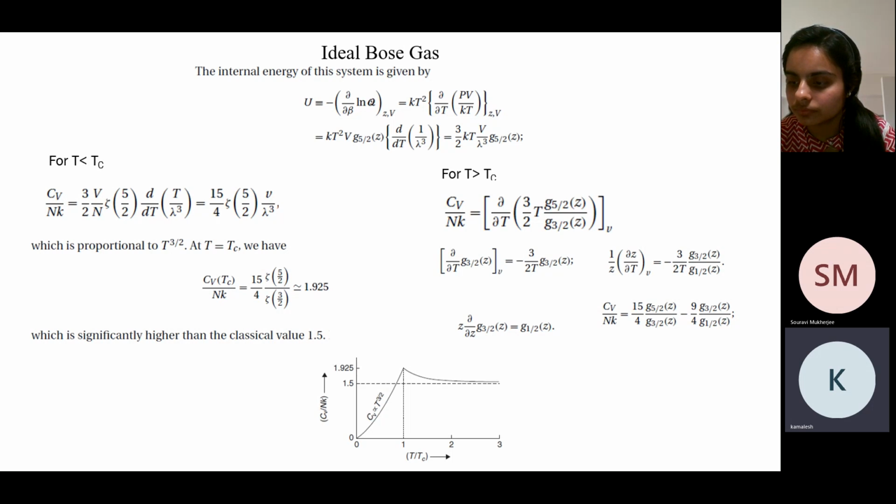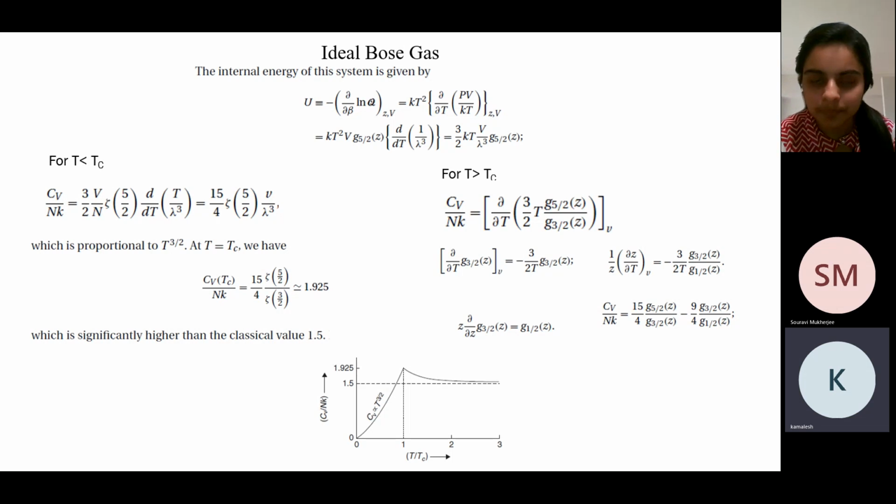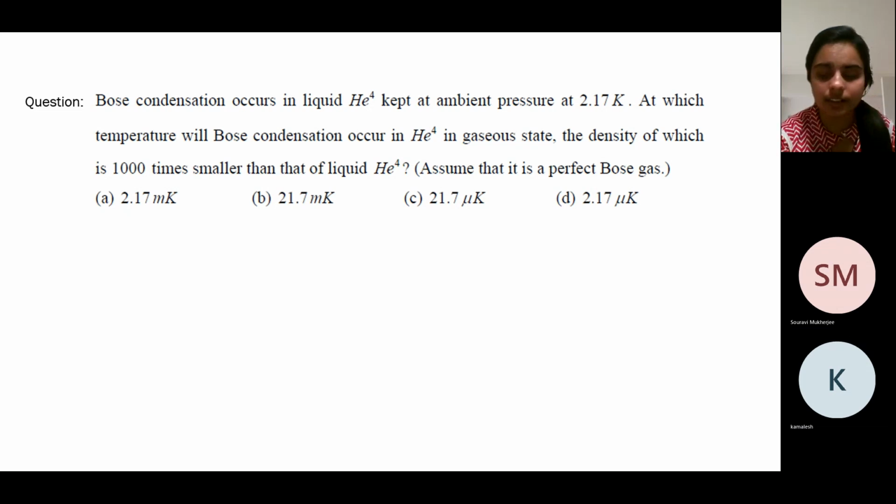Ma'am, I think it's a constant. Right. It comes because initially for 3D, we take it as 4 pi p square dp, and then for 2D, it would be taken as 2 pi p dp, right? And then you replace p in terms of the given energy, right? Is it right? Yes, ma'am. That's how you do it, right? I just discussed this because it would be important in solving different questions, because the density of states would differ depending on what dimensions you are in. Just for you to remember.